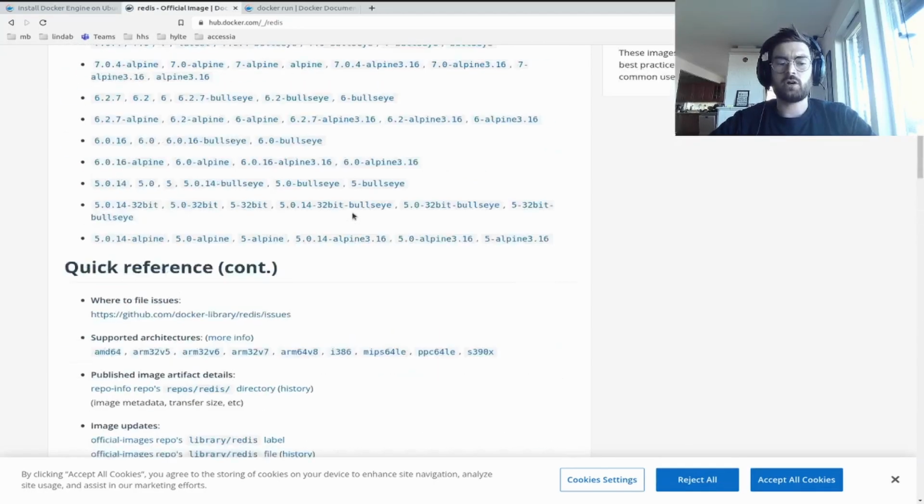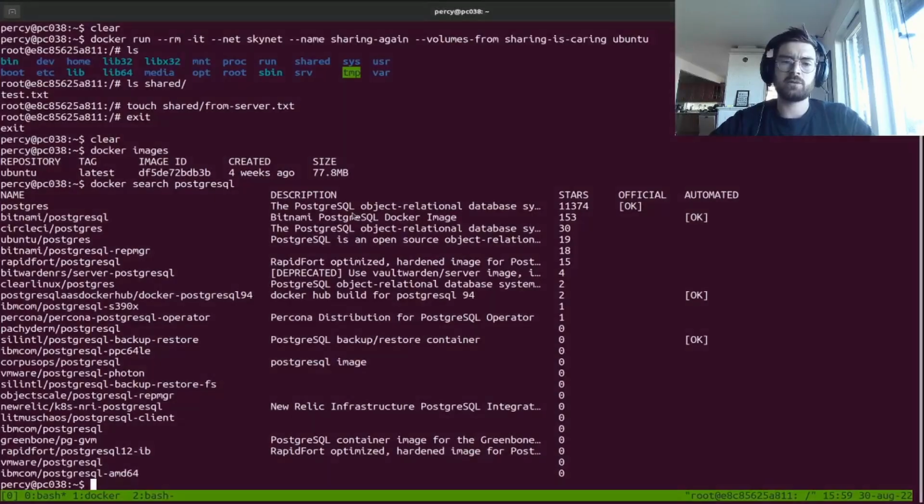So use the Docker Hub, use docker search to find images that you might want, but be careful, just don't accept any image. With that said, let's learn how to build your own images